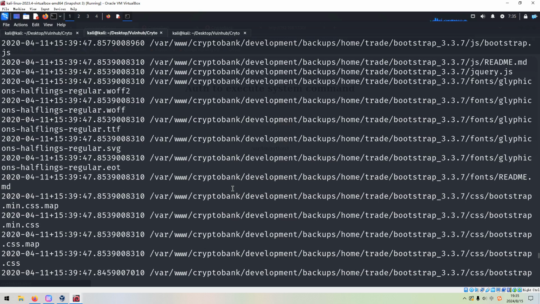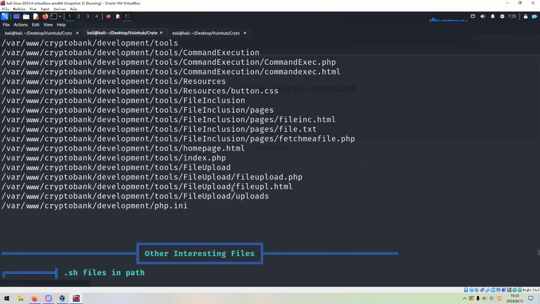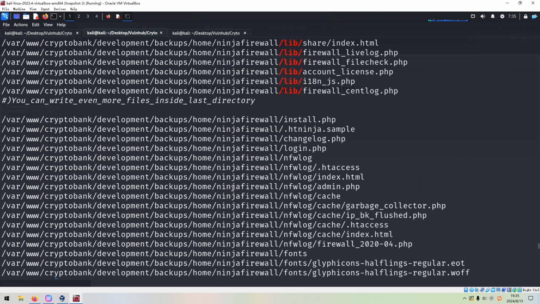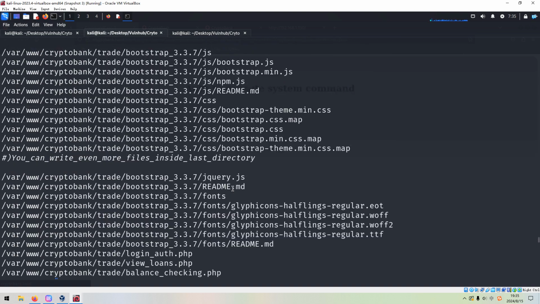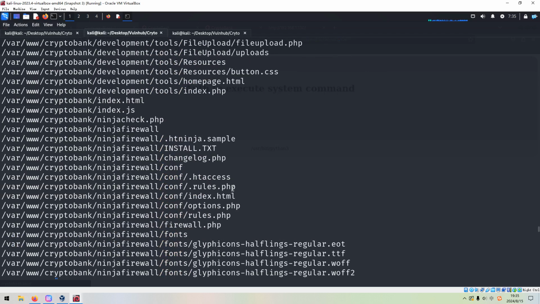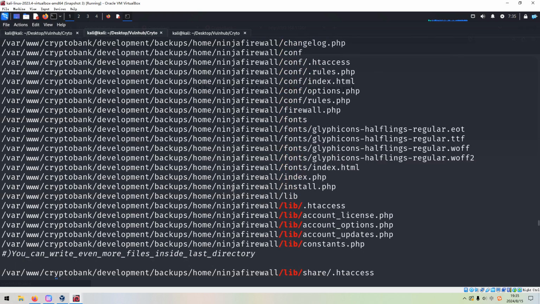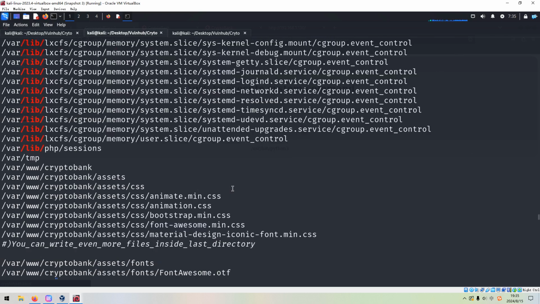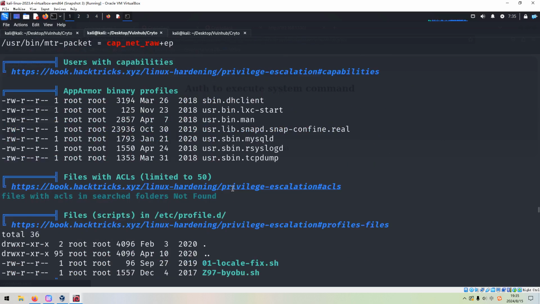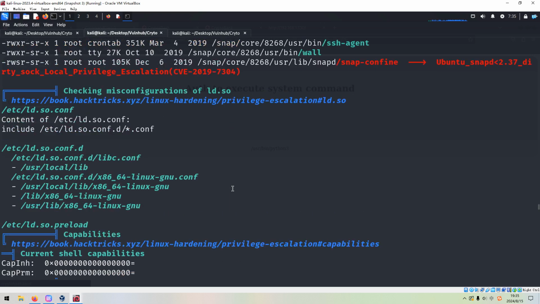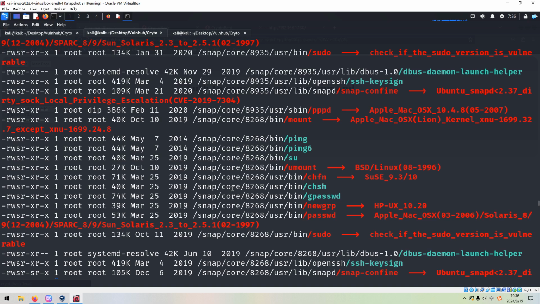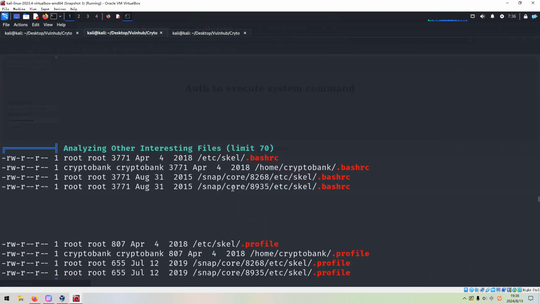So this will give us more difficulties. So many files with the web application, but most of them are useless. So capabilities or binaries with capabilities, SUID, nothing here.